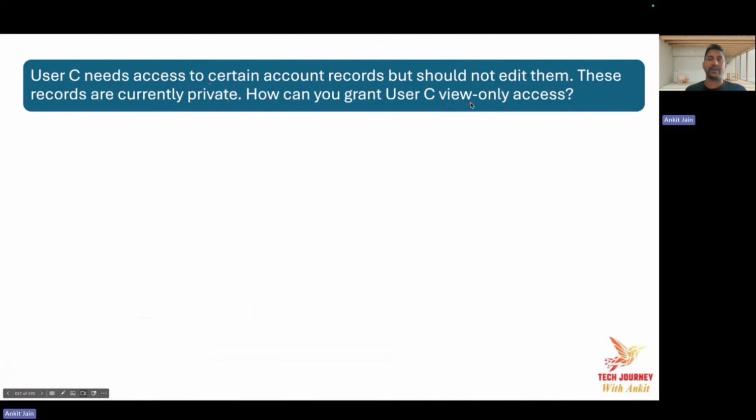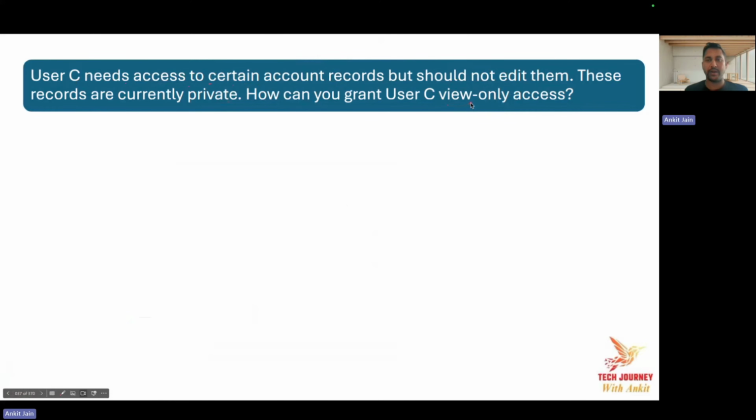Again, in this question, they have not specified anything about the hierarchy. So whenever you are giving the interview, you can always ask upfront whether user C is in a higher hierarchy from the owners of the record. If the answer is yes, then your approach to the problem will differ. But here I am doing it with the assumption that they are not in the same hierarchy. Then what approach will you go for?